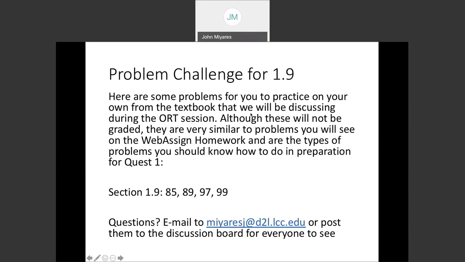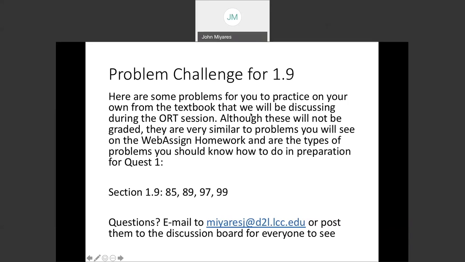Although these problems will not be graded, they are very similar to problems you will see on the WebAssign homework and are typical of the types of problems that you should know how to do in preparation for our first quest. In fact, if you can do the problems from the problem challenge, you should be okay with these types of problems on the quest. The answers to these particular problems should all be available in the back of your textbook, or for those of you with an ebook, there's probably a resource near the very end of the book that has the answers to